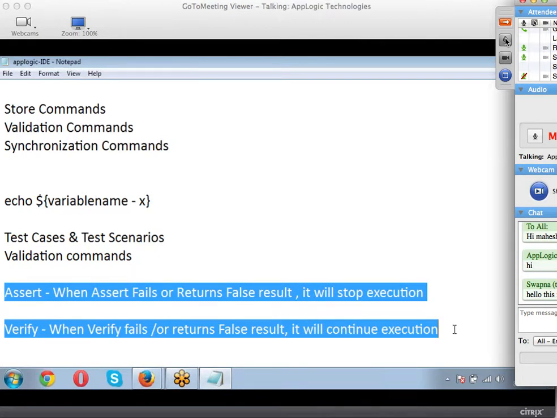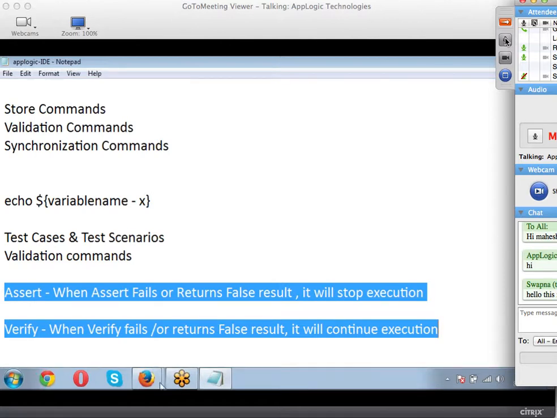Whenever you use an assert command, if that assert command fails, maybe because the object is not found or some other reason, assert will stop your execution right there. It will not allow you to go further.